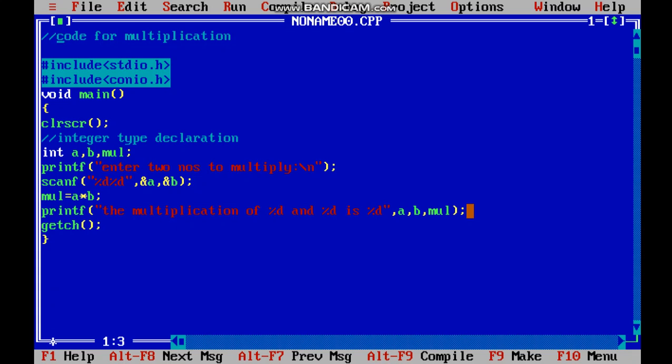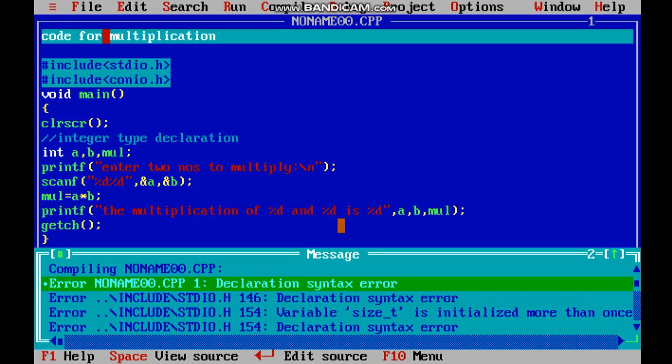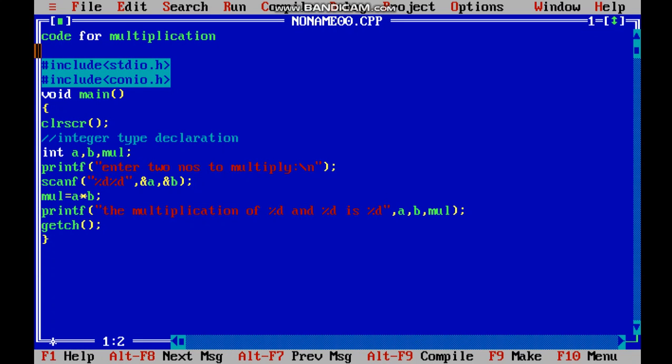Okay, now let us remove this comment code. See, now it has a meaning in the compiler. Now let's see what it gives us. Alt F9. See, it gives us errors, 5 errors. Enter. See, many errors. Now it has no meaning, it is only in the code. Alt F9, success, it will give you the answer if you press Control plus F9.